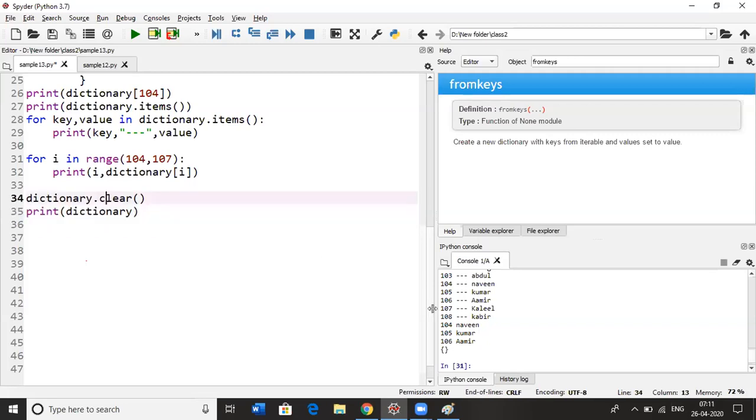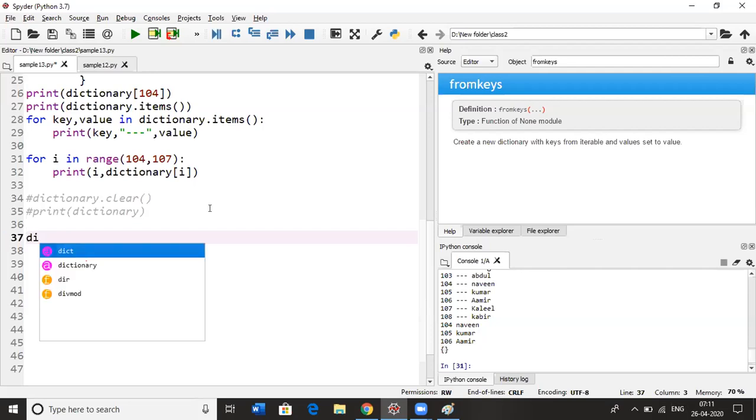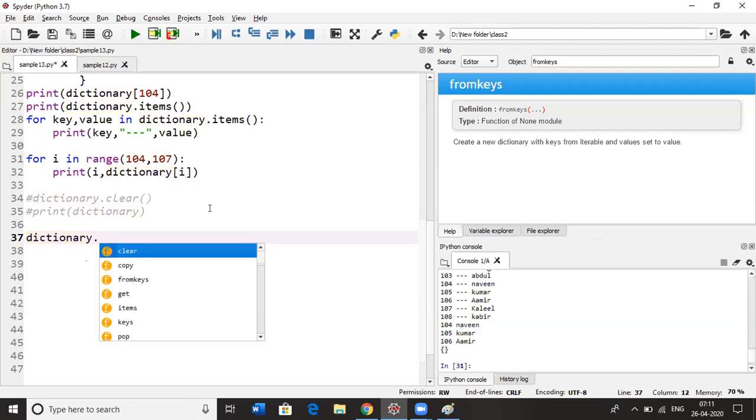So it will clear all these values and give you an empty dictionary. If you want to remove only selected items, you can delete them using del, or if you want to delete multiple items, you can use pop here.